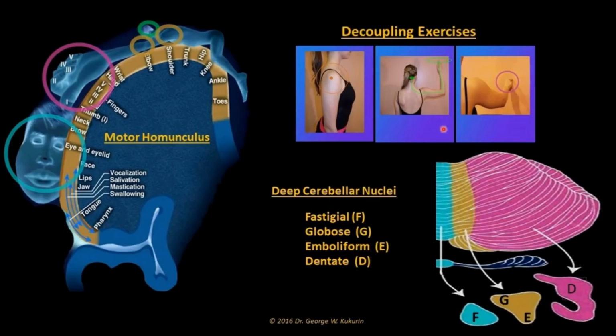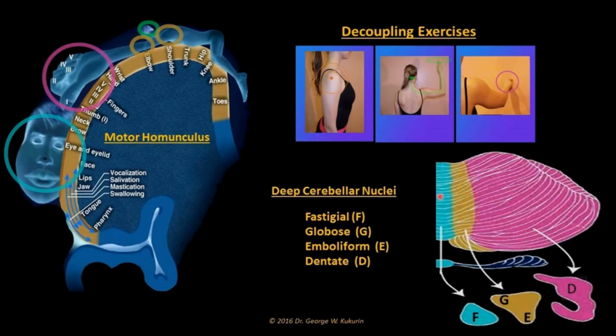So we relate these exercises to the deep cerebellar nuclei here. The vestigial is midline, so that doesn't really fit into the exercises we're showing here. You have your interposed group, which is the globose and the emboliform. Globose relates to the shoulder, whereas the emboliform relates to the elbow. And finally the dentate, which relates to the digit or the finger. So to remember these, you have your digit, dentate, elbow, emboliform, and glenoid, which refers to the shoulder, and globose